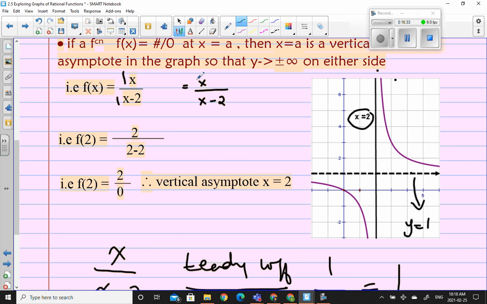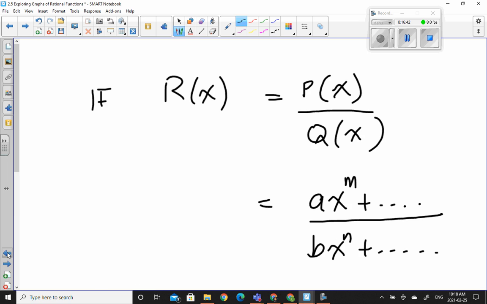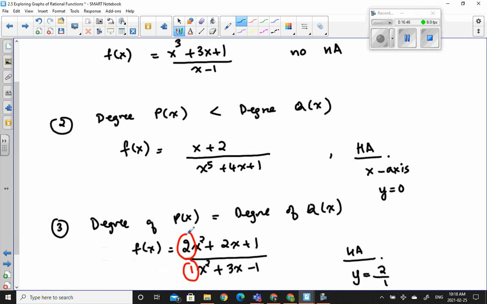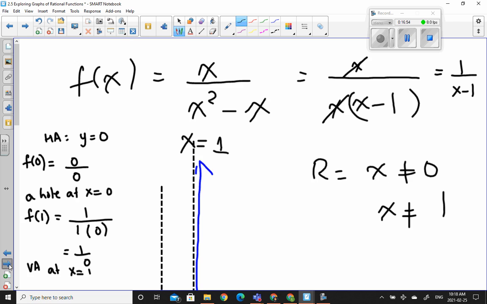We also notice that the degree of the numerator is equal to the degree of the denominator. So what happens when the two degrees are the same? If the degree is the same, then you divide the leading coefficients, and that's your horizontal asymptote. So for this function that we just saw,